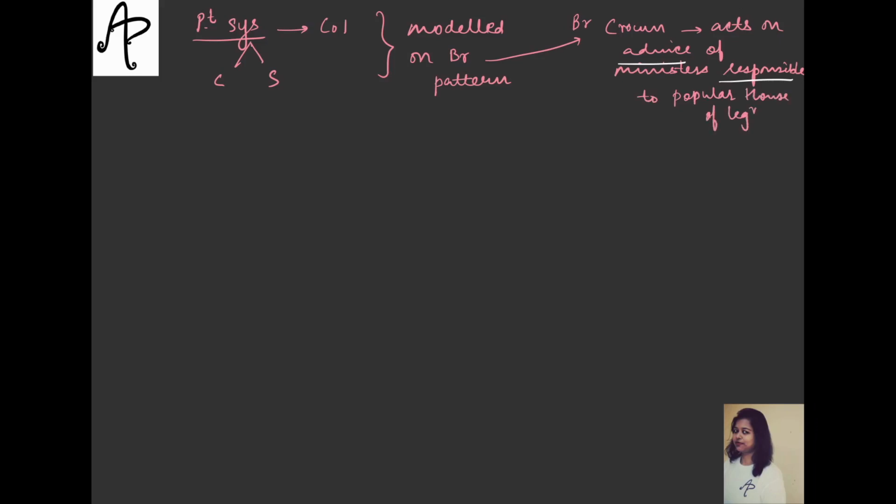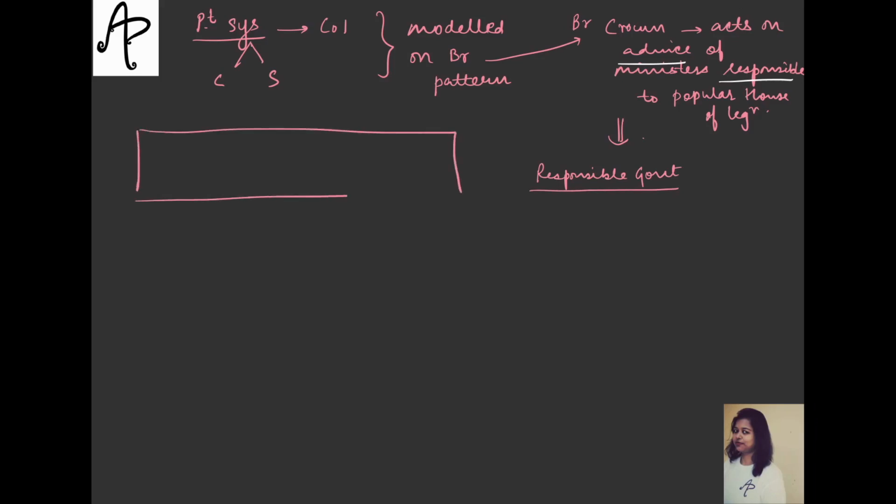So on this similar basis, we have the system wherein we will have a responsible government, and you will see this point of collective responsibility also. So we'll have the responsible government in the context of the parliamentary system, and therefore because we follow this, what we have is the president acting as the constitutional head or nominal head. Similar would go for governor, and the prime minister or the chief minister acting as the real head.